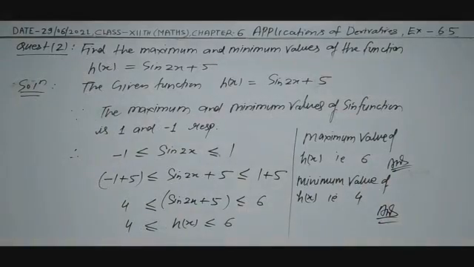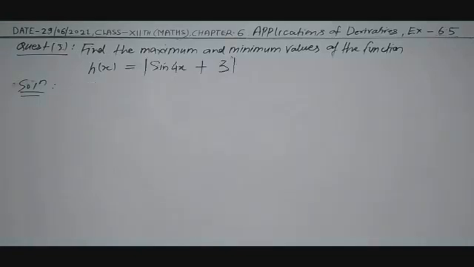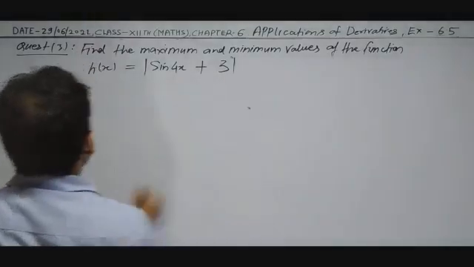Now come to the next question. Question number 3 is: find the maximum and minimum values of the function h(x) = |sin 4x + 3|. So class, you know the sine function,